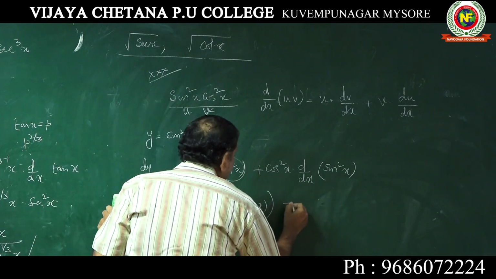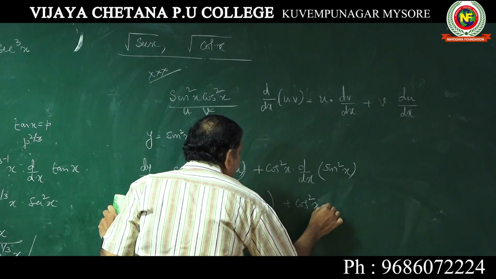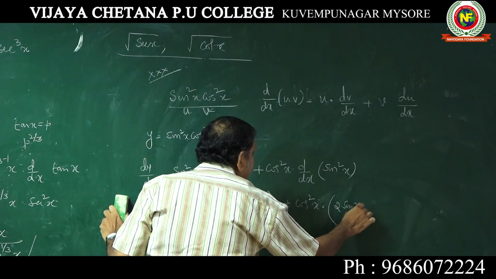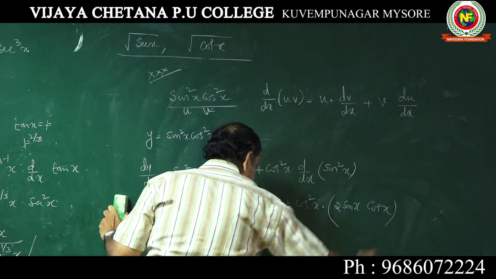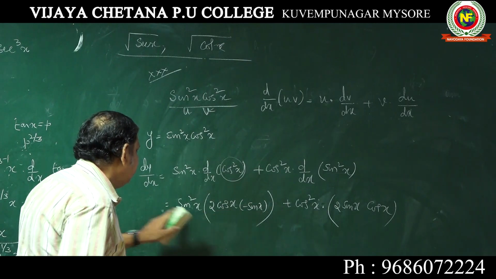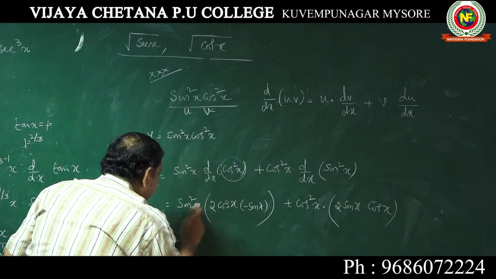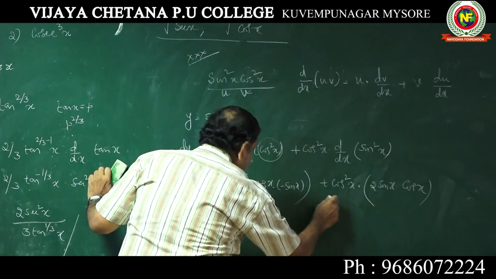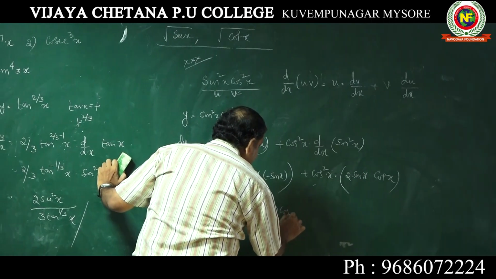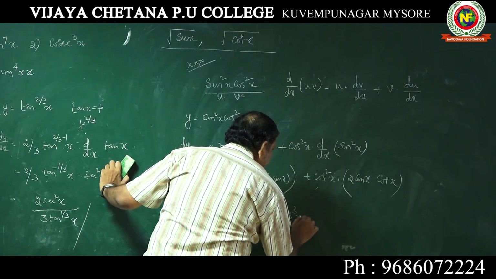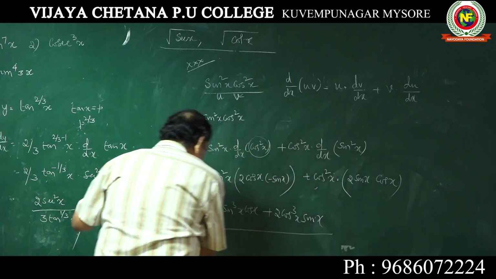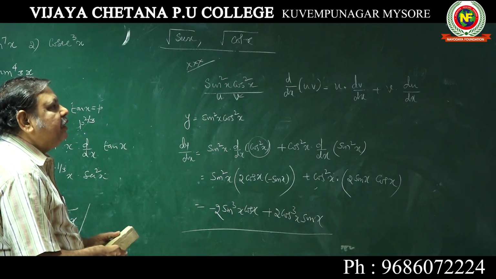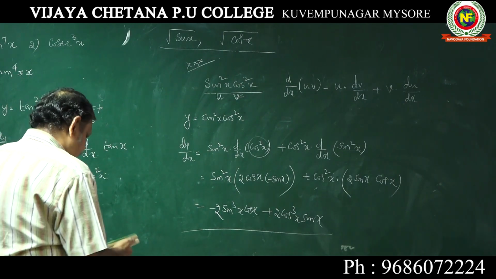Similarly here it is cos square x into d by dx of sin square x, that is 2p into d by dx of sin x, cos x. Or it is minus 2 sin square x into sin x, sin cube x cos x. Then here it is plus 2 cos cube x, cos square x into cos x gives cos cube x sin x. This is an important problem for examination. I think once they asked it in the examination, it must have been in 2017, this question came.